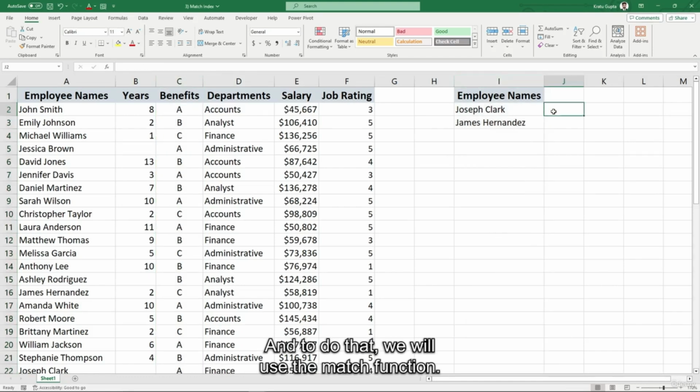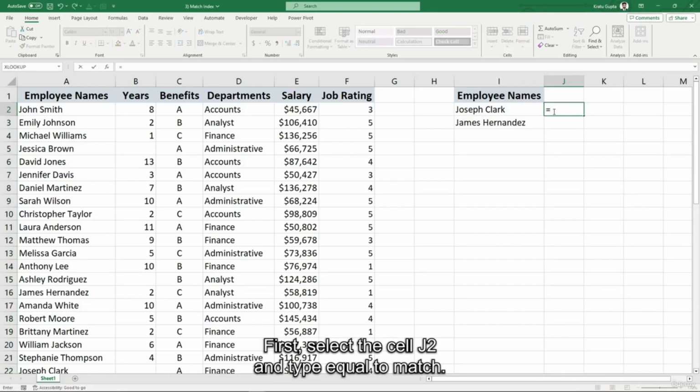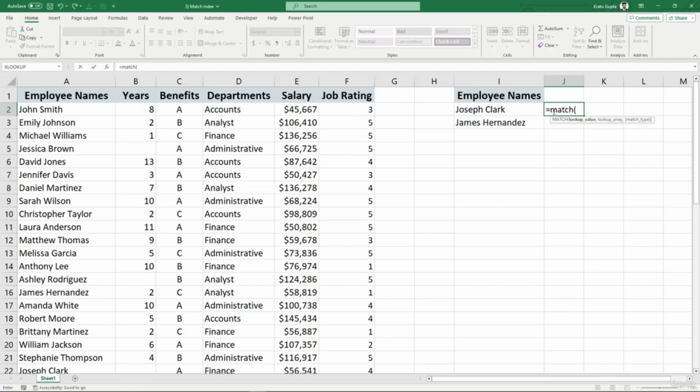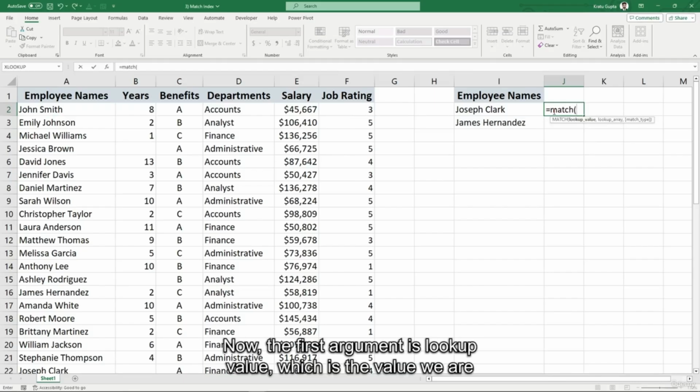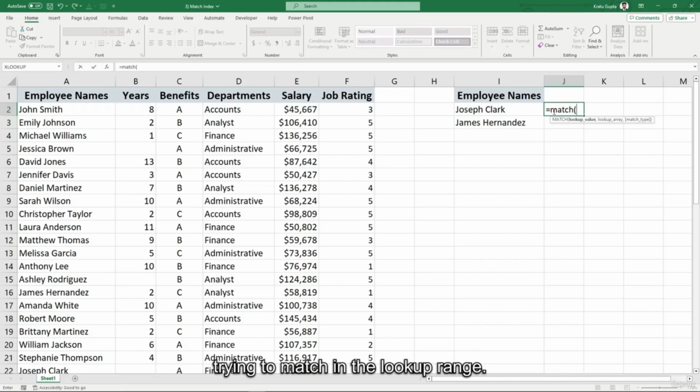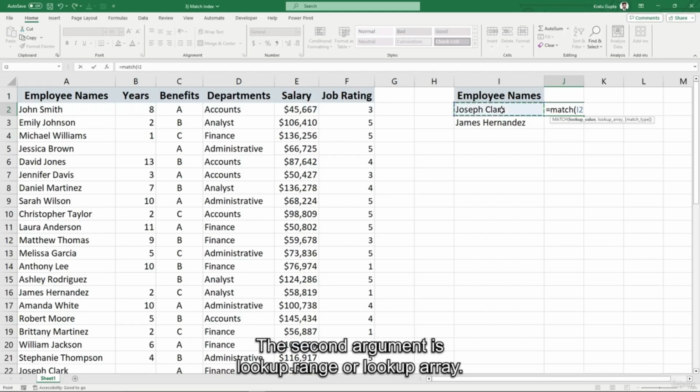And to do that, we will use the match function. First select the cell J2 and type equal to match. Now, the first argument is lookup value, which is the value we are trying to match in the lookup range. So for this, we will refer cell I2. The second argument is lookup range or lookup array. For that, we will refer column A,